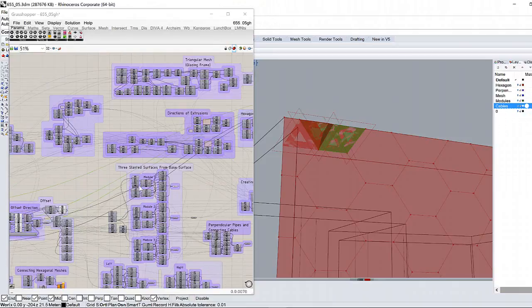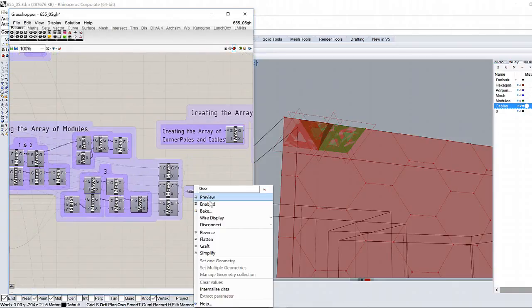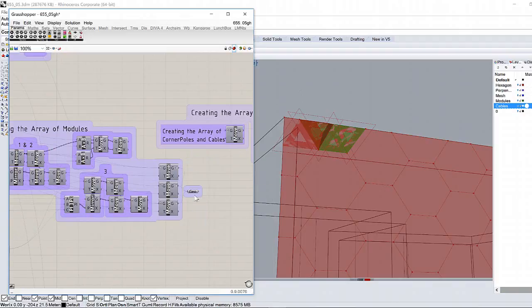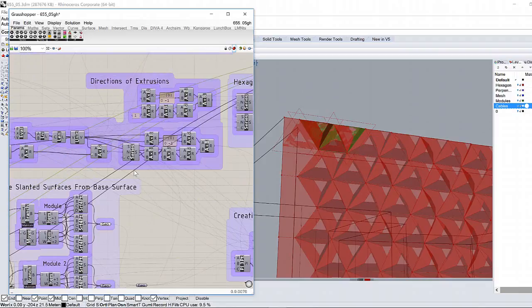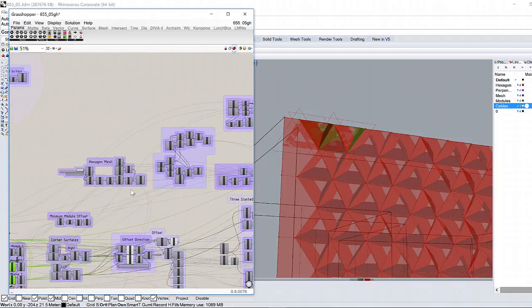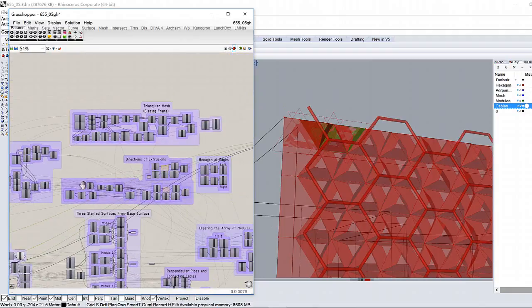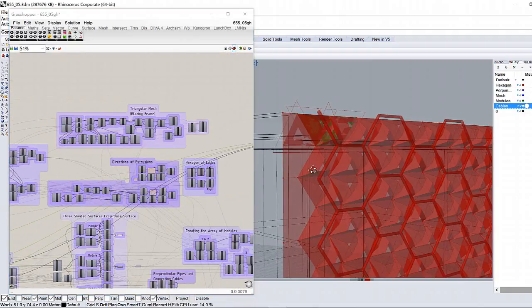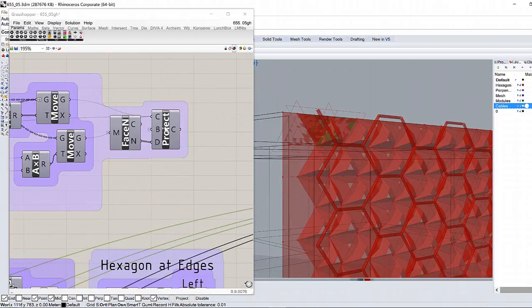Then we can have the array of these three modules all along the surface using this Sirius knot, which is basically working similar to a for loop. And we also have the hexagon mesh, and of course the glazing surface at the back